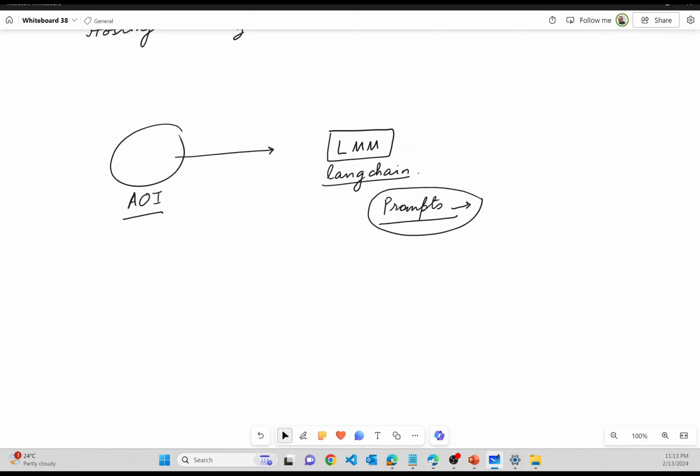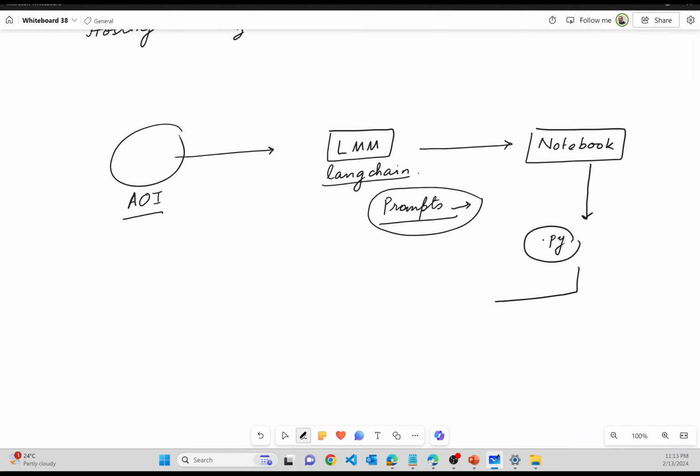That's why I want to touch base on it. I could have done it without LangChain also, but I wanted to infuse LangChain so that I could give you that sense and feeling. And first I will run it in a Notebook. One of the best things about running it in a Notebook is that it's easy to explain, sort of like a classroom thing. And then once everything looks okay, I will build a Python file, simple.py,